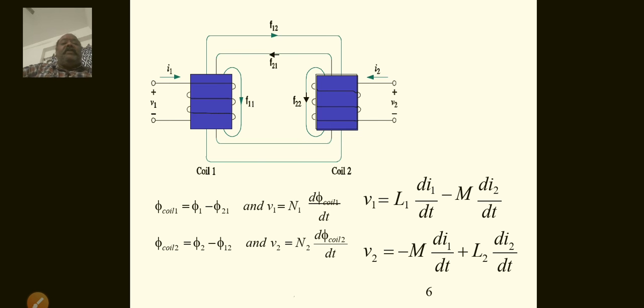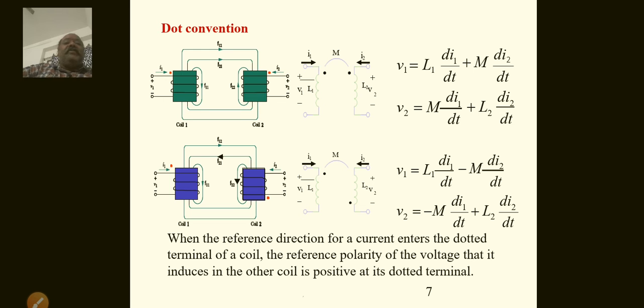So like this, the dot convention comes into the picture here. How do I apply the dot convention? Just see whether both currents are in this direction, which is series aiding. If it is in the opposite direction, that is opposing, L1 and L2 should be opposing like this. With the dot convention, in the same diagram both dots are inside, incoming, both on the same top side, so both are coming towards the inside.